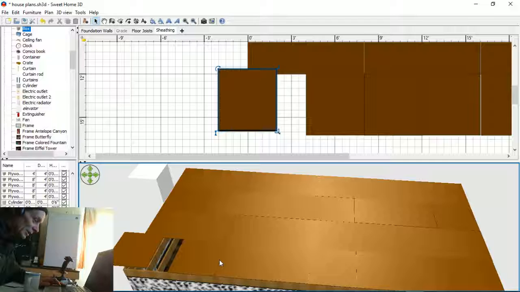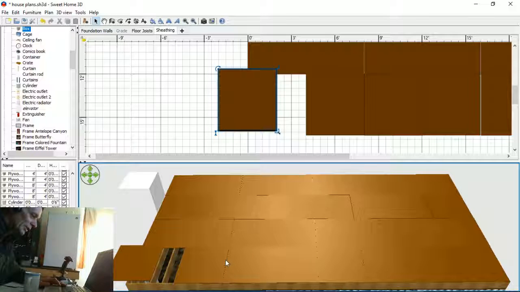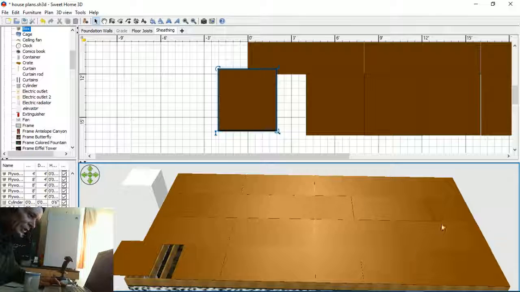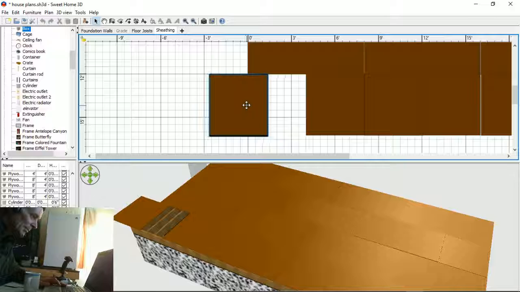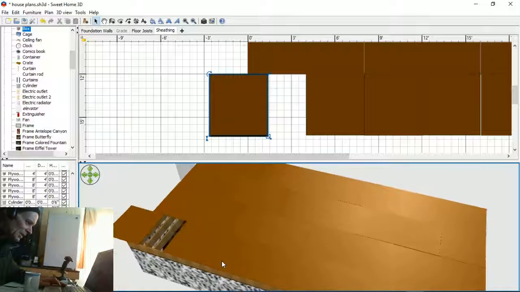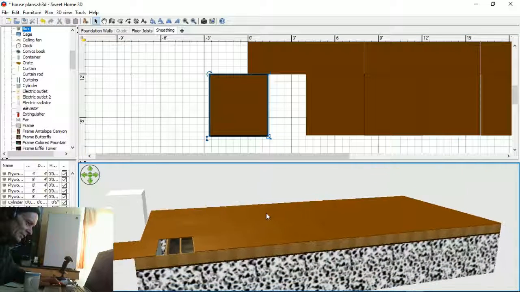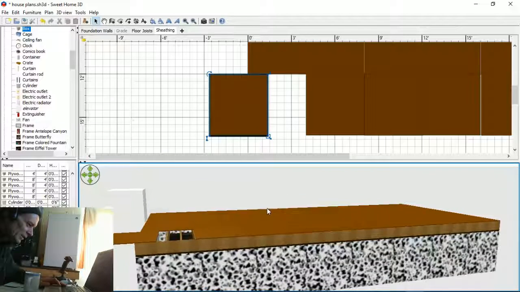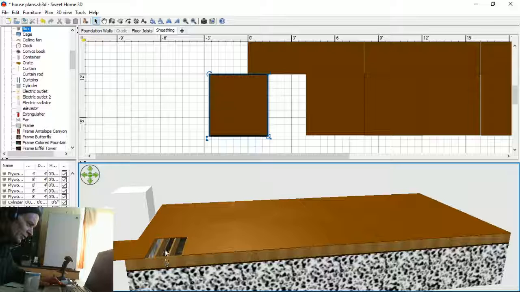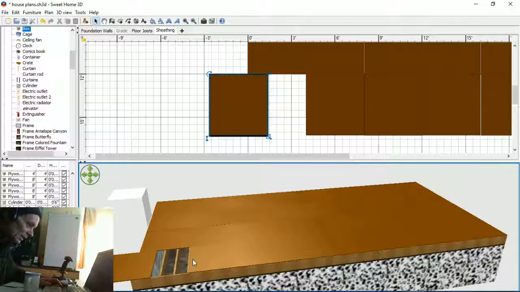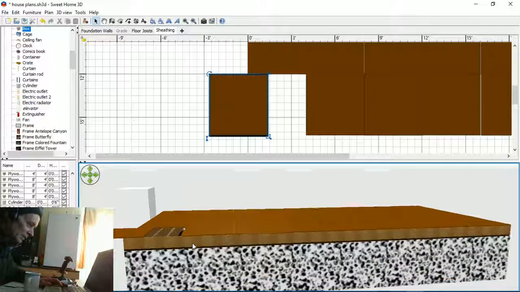My plumbing's not in there currently, and my electrical's not in there currently. But what I'll do later on is I'll pull one of these sheets off like that, open it up, and I'll run my plumbing in there. Usually the plumbers will probably be coming in here after I've got the frame up. Usually they'll come in, I'm guessing of course, but from what I've seen, once these joists go up, the plumber will come in, plumber being me. So I'll come in and I'll basically run my conduits for the plumbing, the PVC piping,